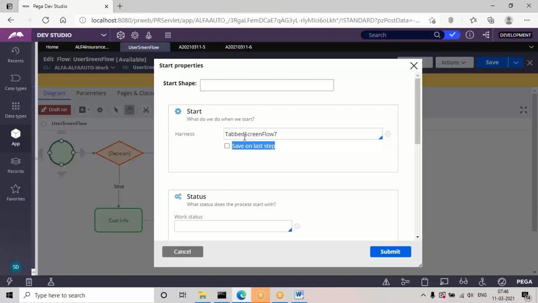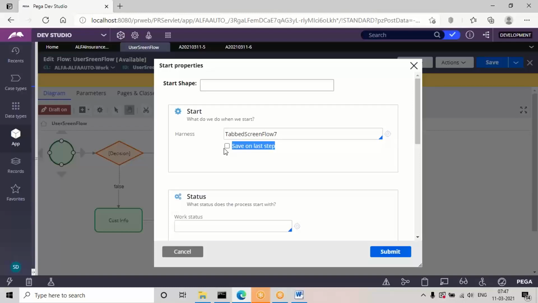Okay, so if I select this checkbox, commit will apply at the end of the screen flow. Here, three assignments are there. After completing all three assignments, at the end of the screen flow, commit will apply for all the steps. By default it is not recommended, so don't select this option. After every assignment it should perform the commit if any save action is performed. But if they select this checkbox, commit will apply at the end of the screen flow. We cannot practically verify it here, but that is the purpose of that option.